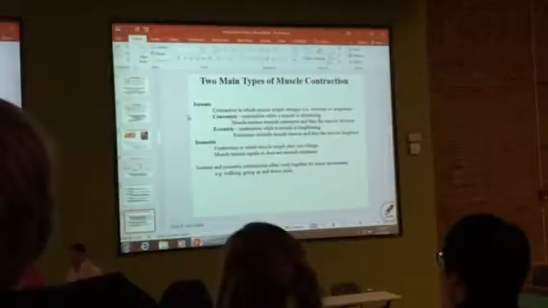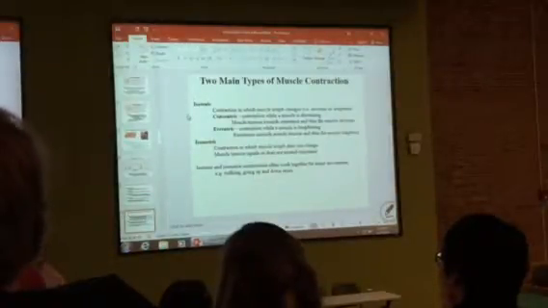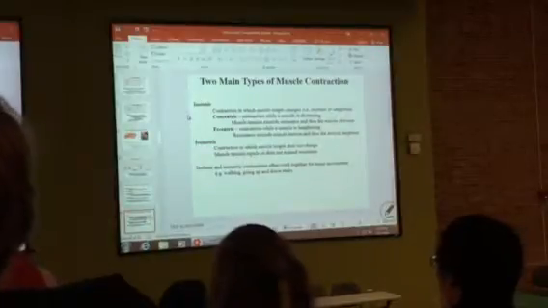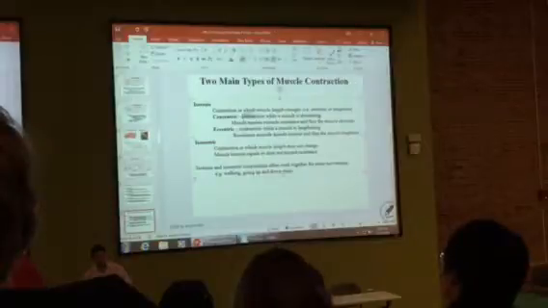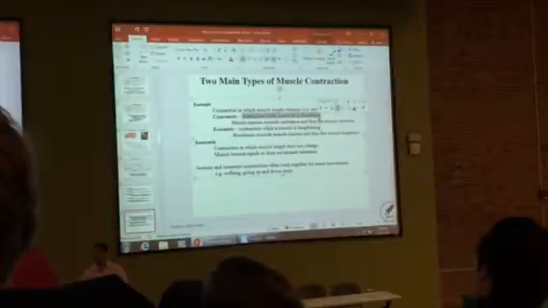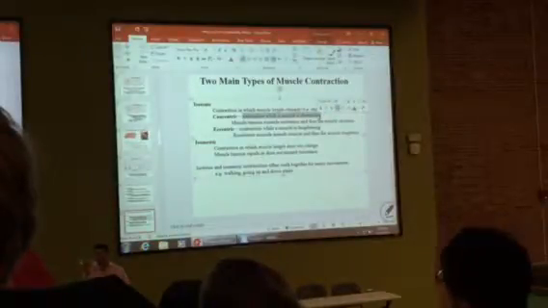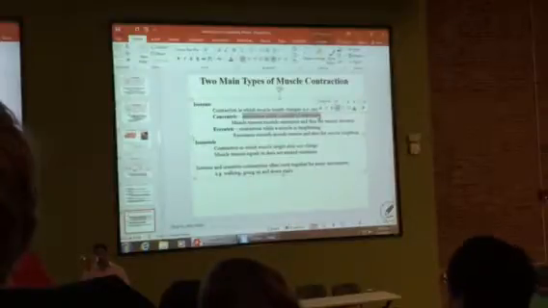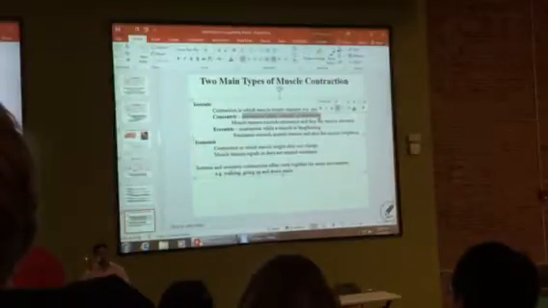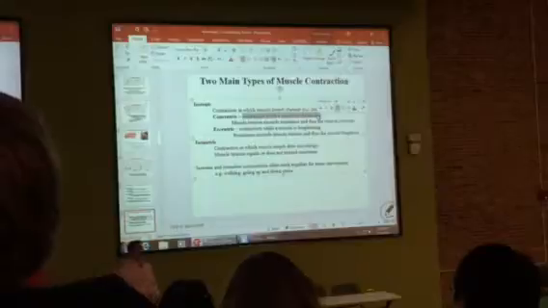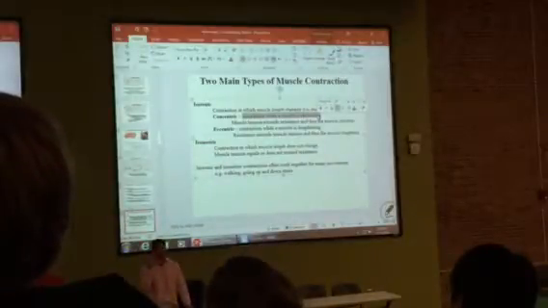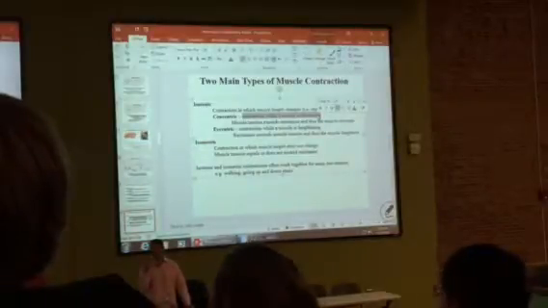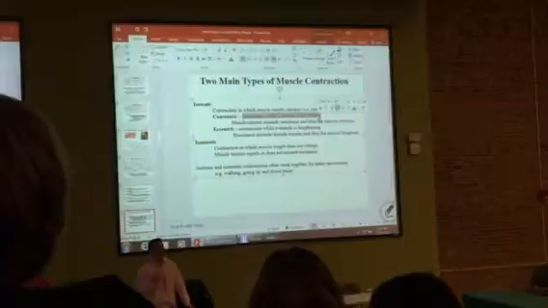A concentric contraction is a contraction where the muscle gets shorter, okay? Contraction while the muscle is shortening. What muscle is shortening right now? One of them at least. Your bicep, right? When your bicep contracts, that causes a bend in the elbow, right? You guys have to know that, right? Don't you have to know movement of muscles? You have to test today? Okay, good. We're reviewing the bicep right now.